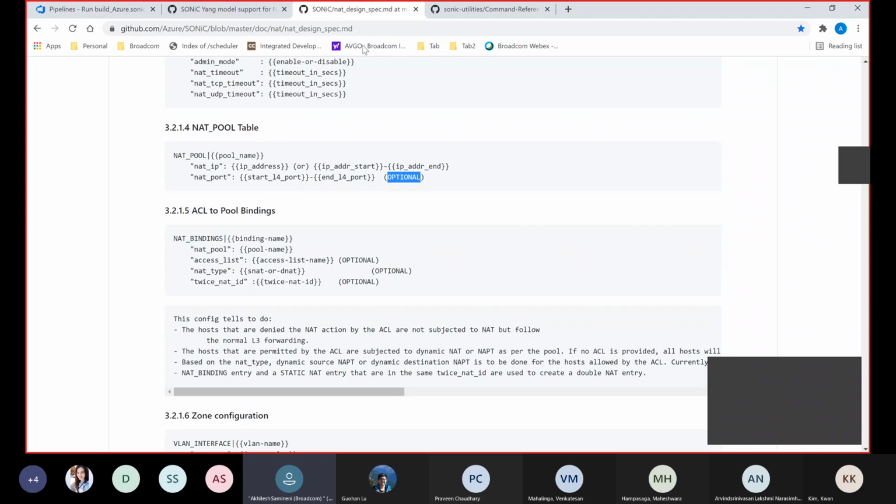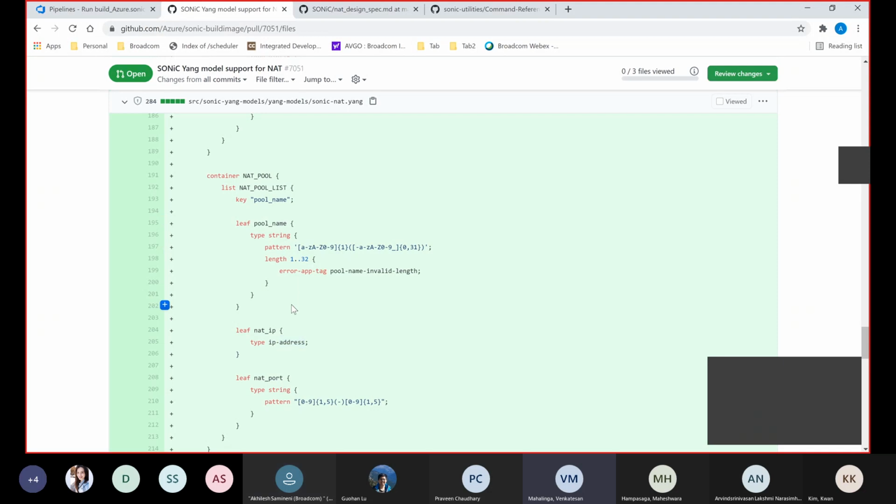I will go to the schema. Akhilesh, in your sample config.json, you mentioned for the pool table that NAT IP is a range and NAT port is also a range. But if you see the syntax, it's just an IP address, not a range. I don't know how it is accepting the range here with just type IP address.